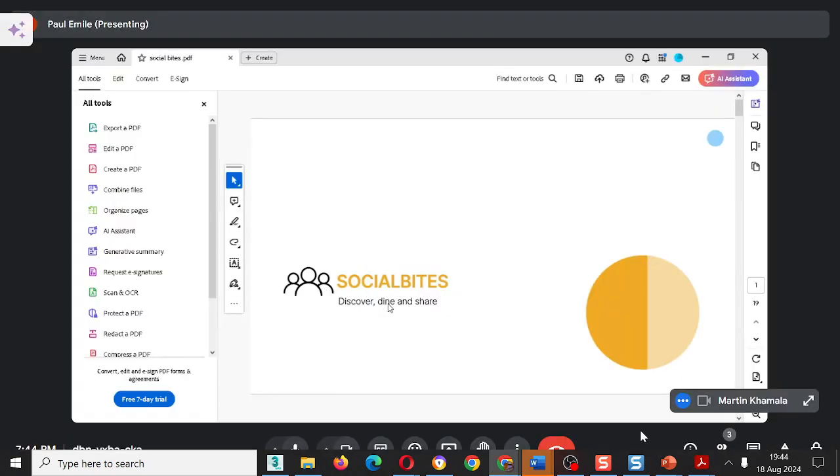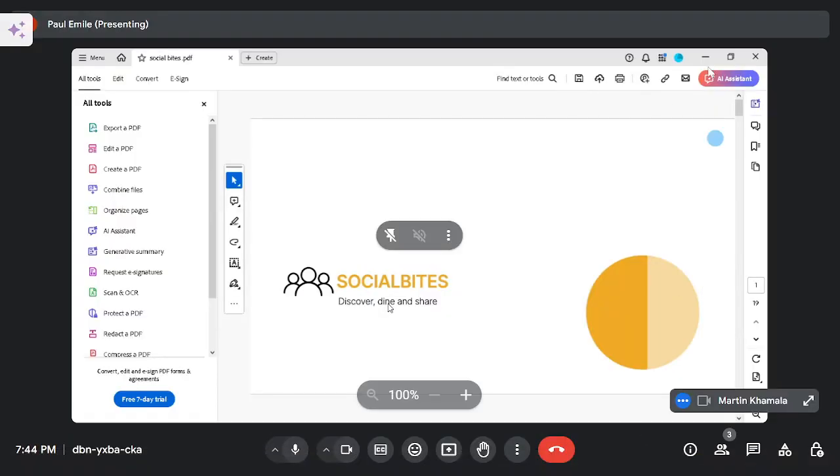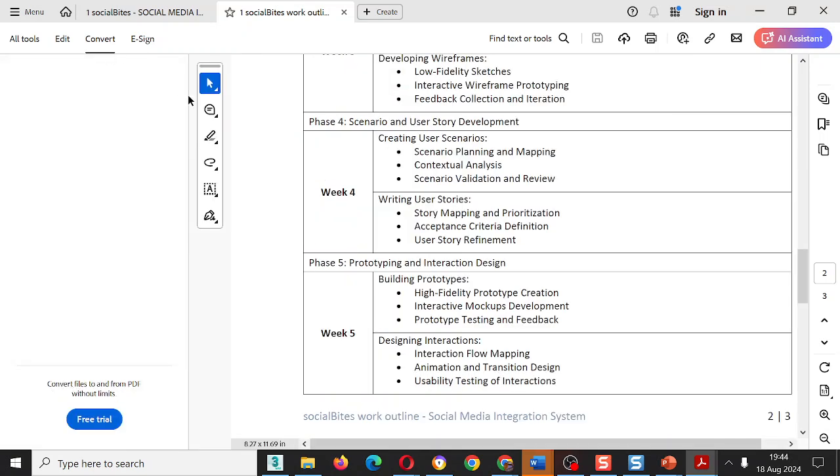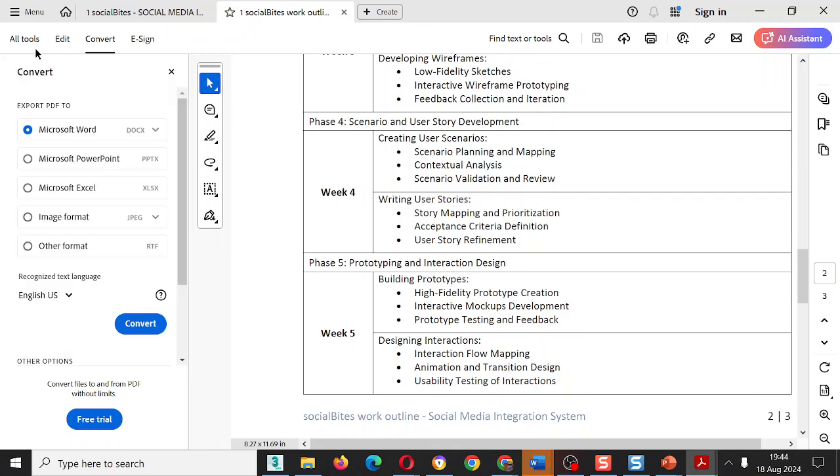How many times am I pressing Control L? No, it's only once. It should then maximize the screen. Have you done it and it's not working? Yes, it's not working. I see. Okay, well, I can see it anyway, so we can still work with it the way it is.